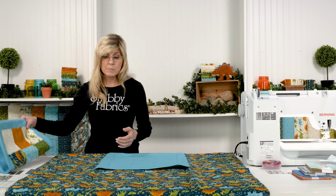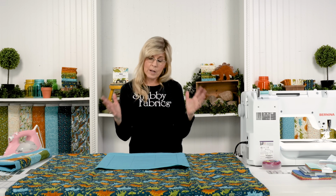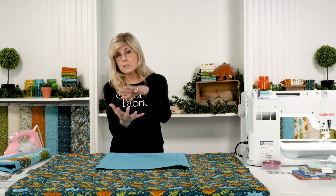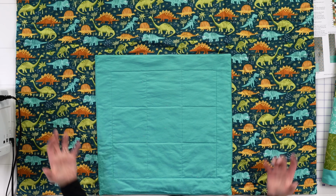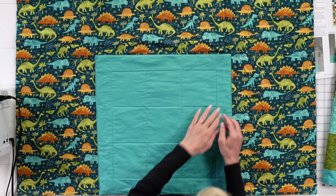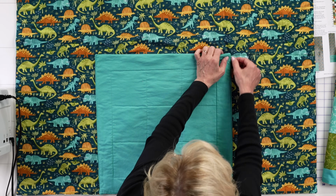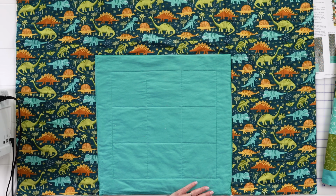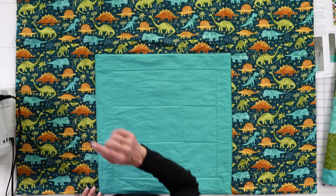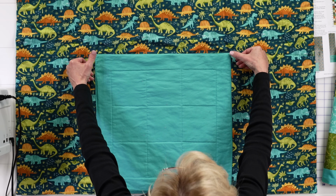It's one of my favorite features, but if you have a sewing machine that does not have dual feed, maybe you're not on a BERNINA or a type of machine that has feed dogs on top and bottom, this is a good time to get your walking foot because it's going to help pull all of this around and not bunch this up. I've just grabbed some coordinating thread and whatever color you're going to be using. Started here in a corner and about 1/8 of an inch, maybe a little bit more than 1/8 if you want. And we went around twice, and we definitely reinforced here significantly because of the next step we're going to do,